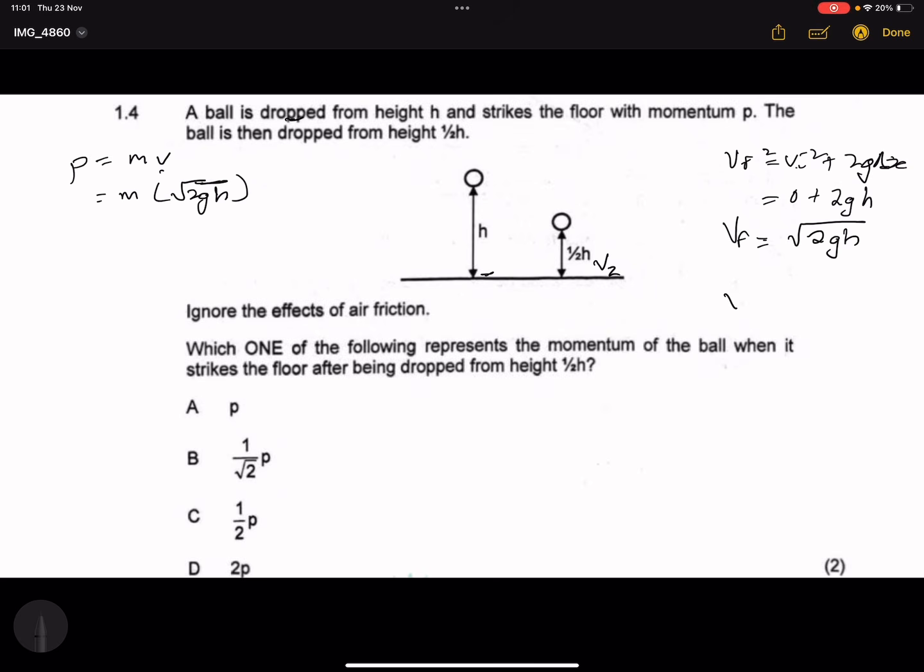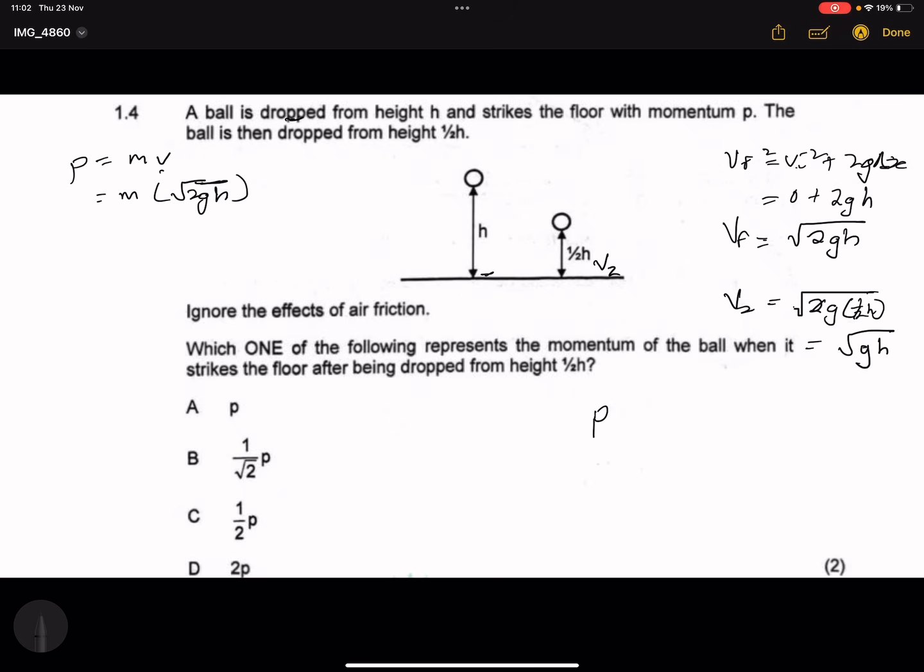So for v2, the second velocity when we drop it at a different height, it would actually be the same formula. The only difference is that now instead of h, we've got a half of h, right? And if you look at that, what are we going to have? So that's 2 multiplied by 1 over 2, that gives us 1. So we've got the square root of gh, right? Now I want you to note, ladies and gents, so meaning if I'm looking for this new momentum